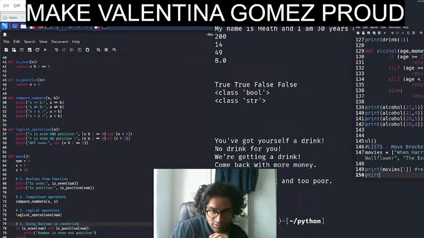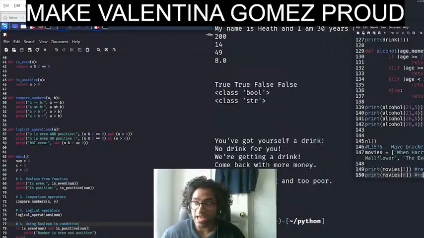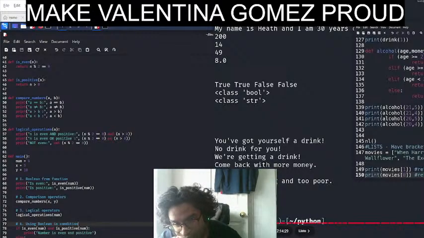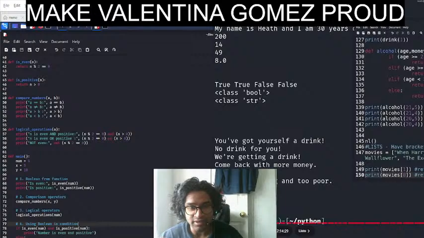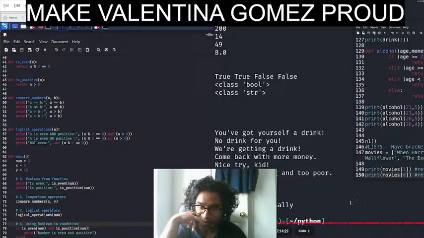If we printed, for example, movies, and we gave it 0, then we would see that this will return the first item in the list. Okay, we'll save that, take a look real quick. You can see that the first item is When Harry Met Sally, and that's exactly what we're getting returned, which is